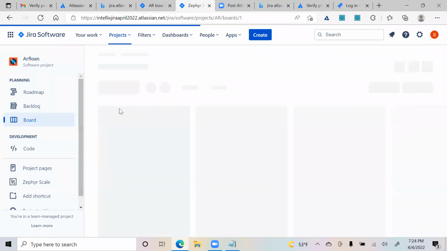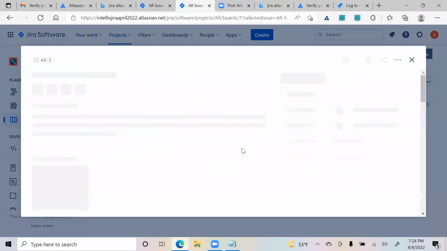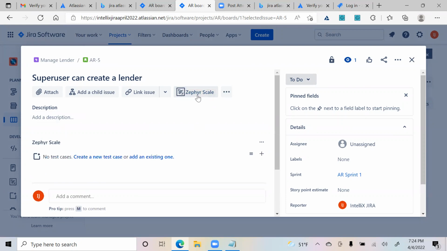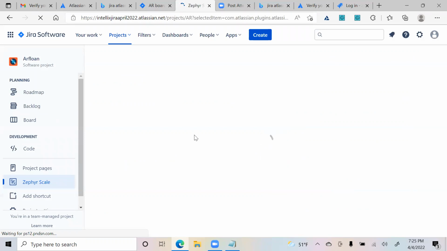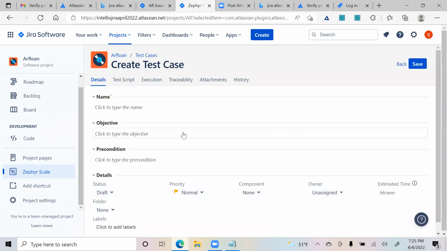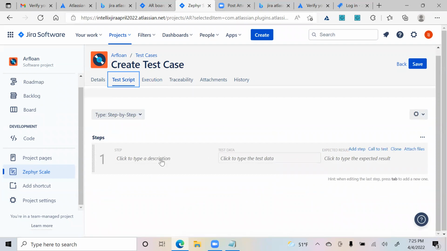So if I go back to the board here, and if I go to my user story, I should be able to see Zephyr Scale. Now I can see it here, but let's see if I can create any test case. Okay, so I clicked on it and it says no test cases, create a new test case, add an existing one. So how do you add a test case? Again, you click on create new test case and start adding the test case here, just like you guys did it earlier and so forth. So everything is configured now. Okay, so this is a test title, test scripts here, where you're